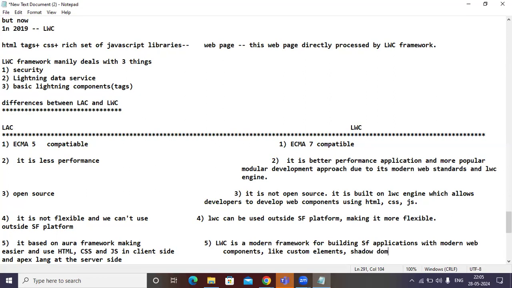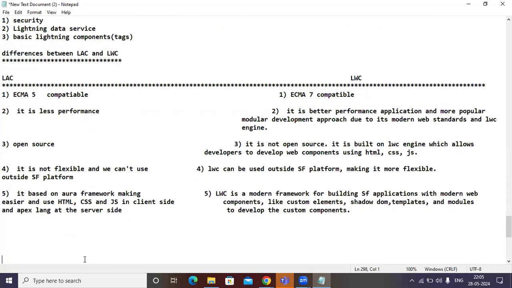I'll explain what shadow DOM and custom elements mean in tomorrow's class. Are these names familiar to anyone here? Shadow DOM, custom elements, templates, to develop custom components. So these are the 5 major differences between